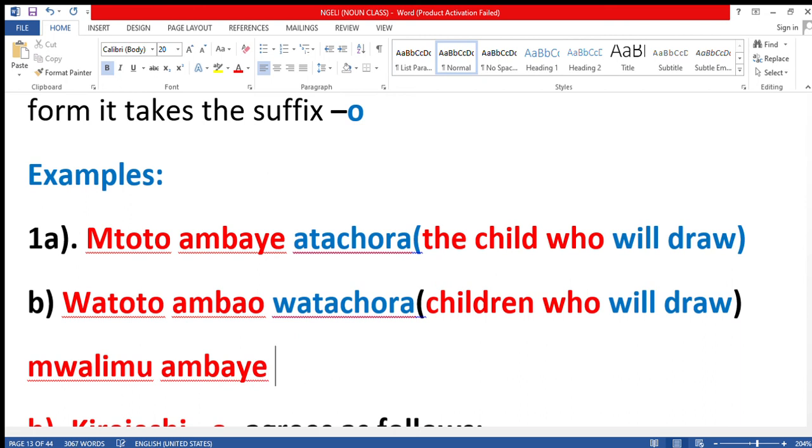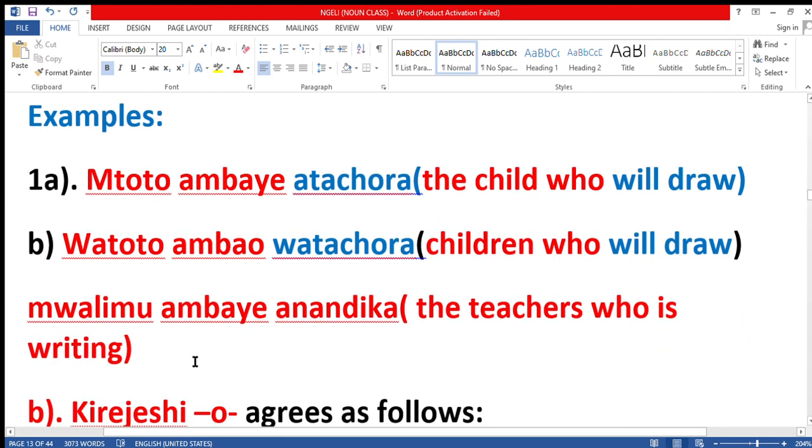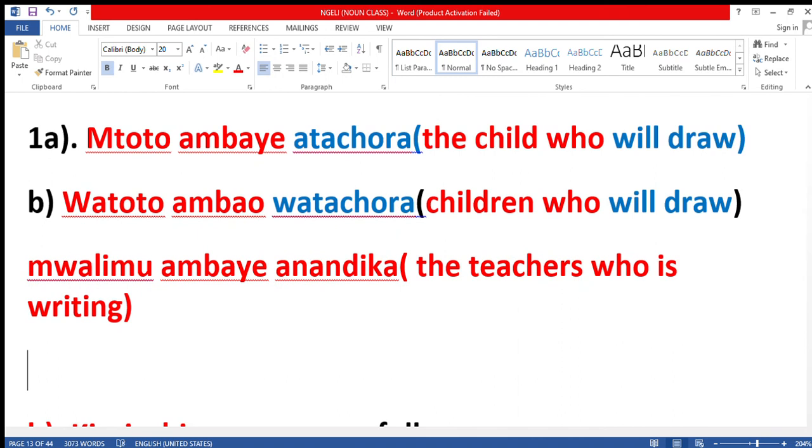You know, this one is a future tense. Now here let me write in present tense. Mwalimu ambaye anaandika. The teacher who is writing. Then in plural form will be walimu ambao